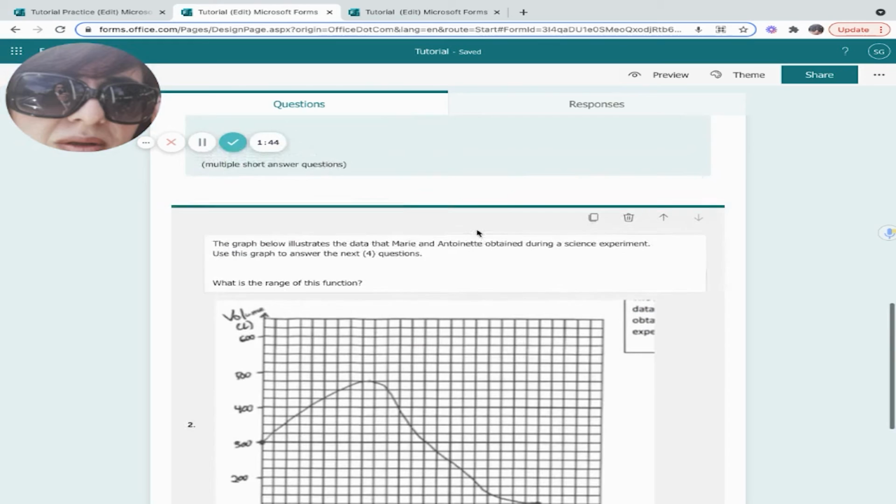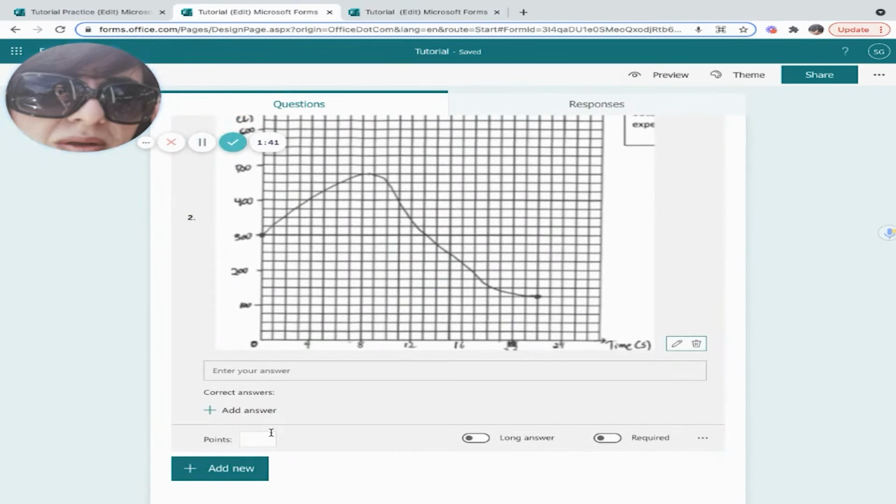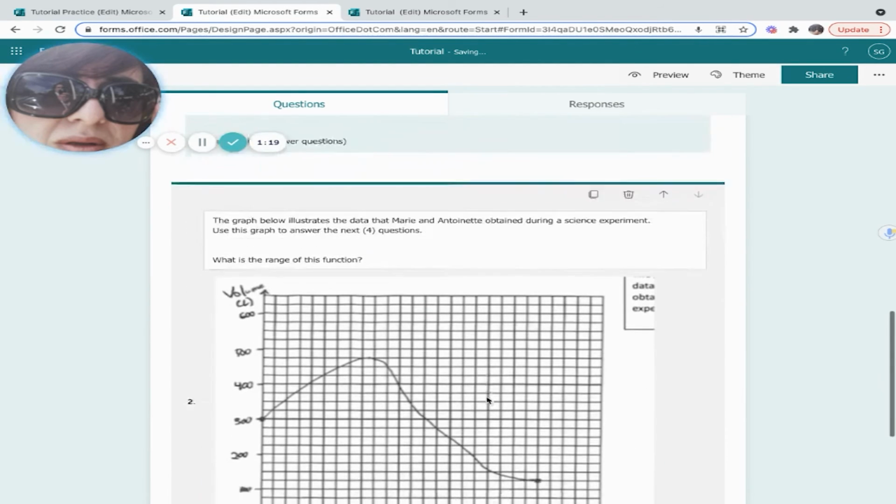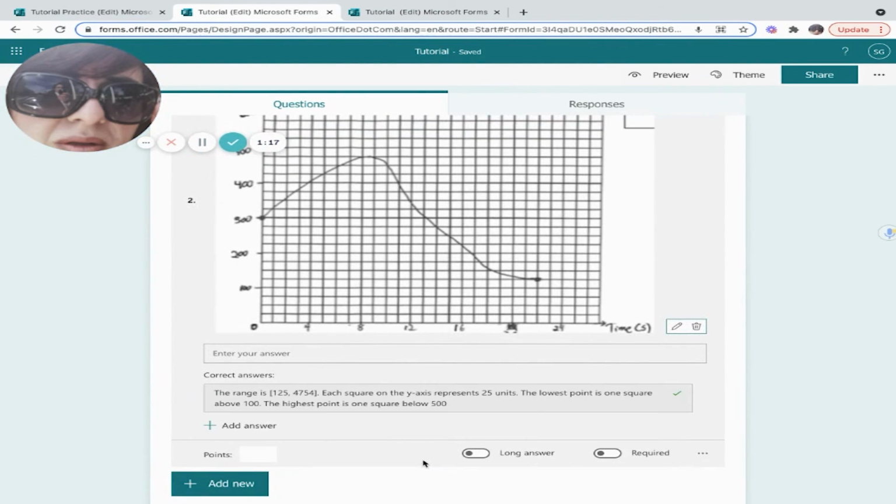Once again, I have the option of adding points, ensuring that it's a long answer rather than a short answer, making it required. Again, I can put restrictions, add branching that we're going to look at later. And one of the things that we're going to do right now is we're going to add the correct answer. So I can add the correct answer, and once I'm satisfied, I can move on.